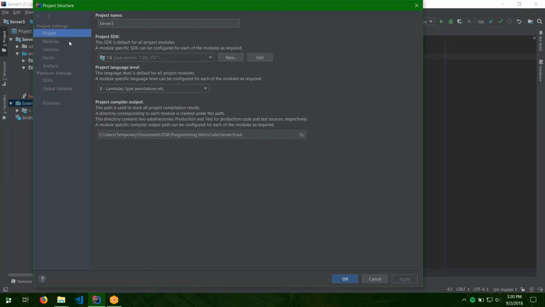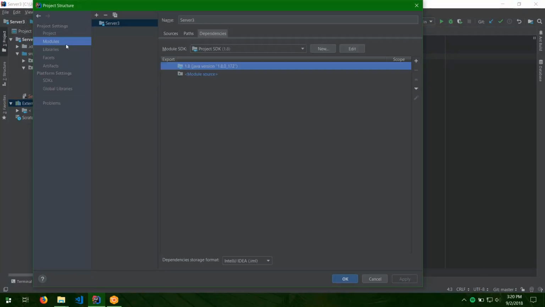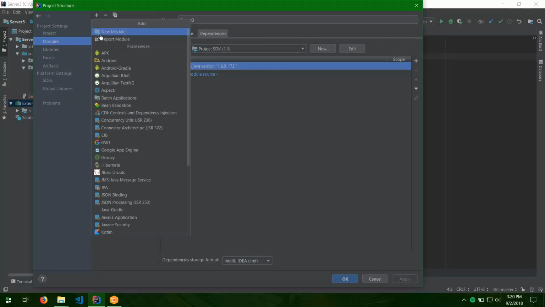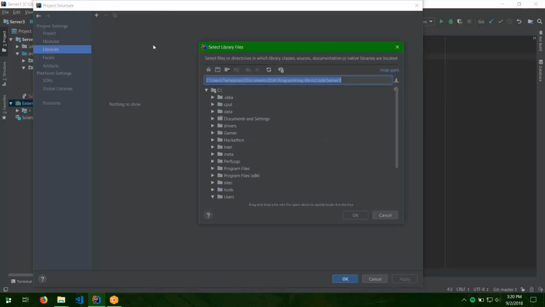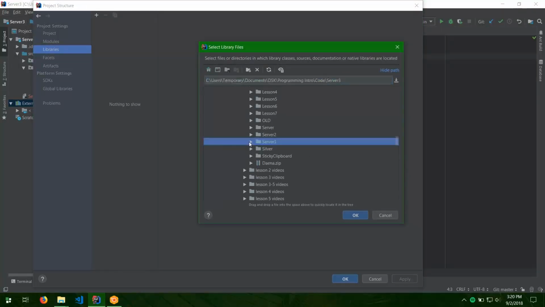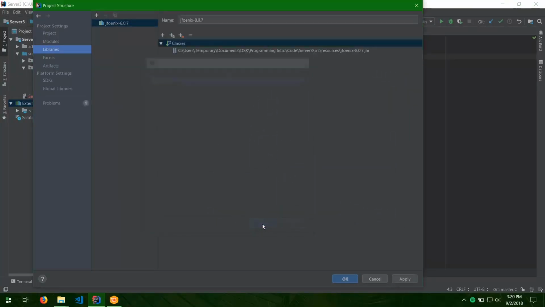Once that opens, we're going to go onto the module. So we're going to add a module. Oh, sorry. We're going to go to the libraries. We're going to add a library, Java, and then our server 3 source resources, and we can then add that JFoenix and click OK. The other option that you can use,